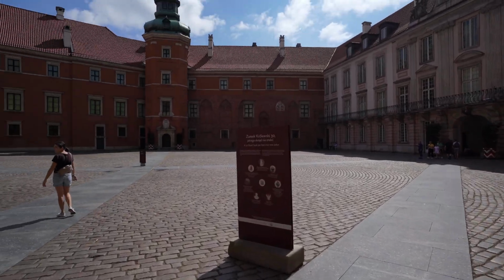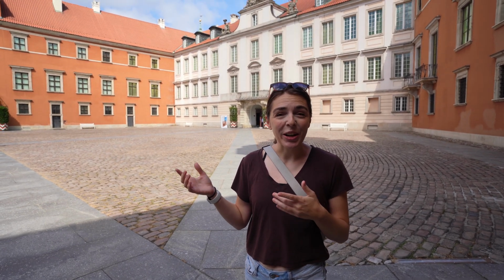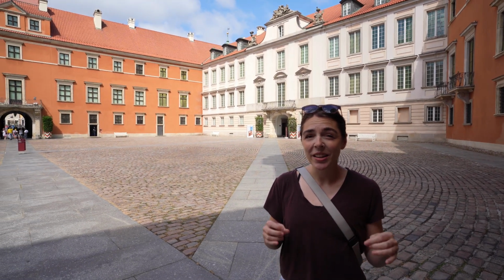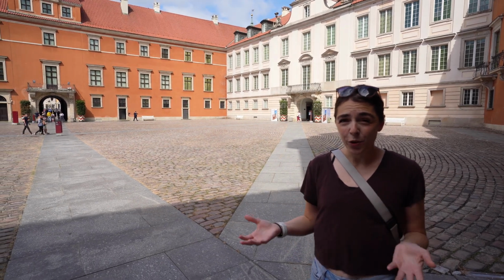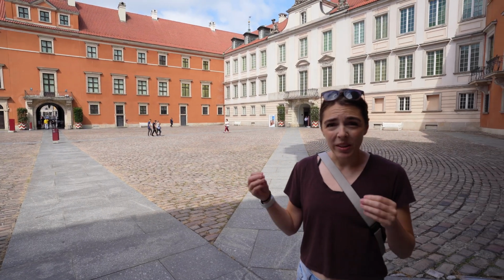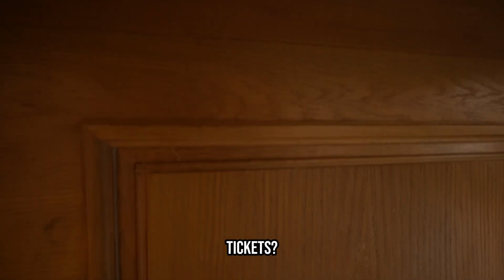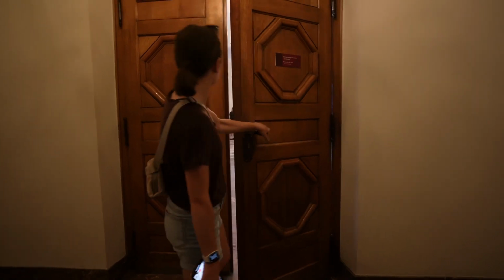You will need tickets. Welcome to the Royal Castle. Today it's a museum and we're going to go inside in a little bit and take a look around. But in the 16th century, this used to be the residence of Polish monarchs. The Nazis destroyed it in World War II as a result of the uprising. The rooms within this castle have been restored as close to their original state as possible. So let's go take a look. Tickets? All right, we have our tickets. On to the...